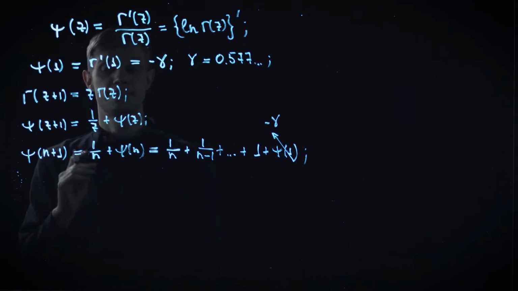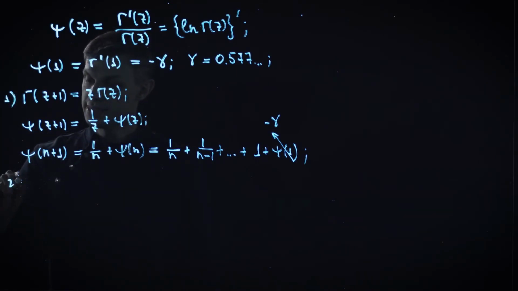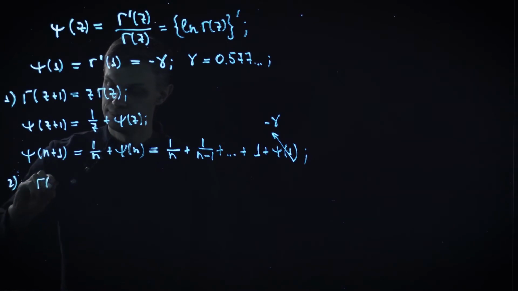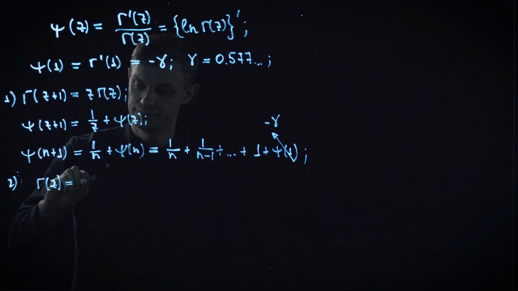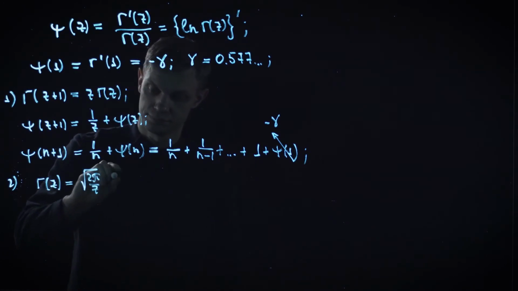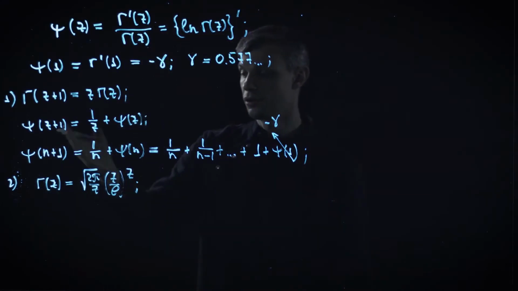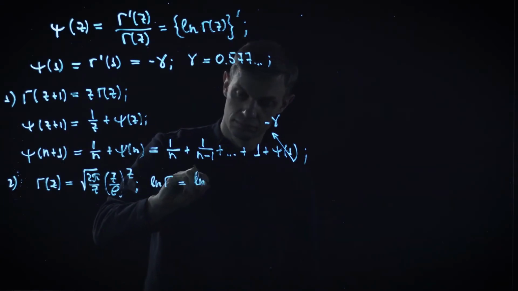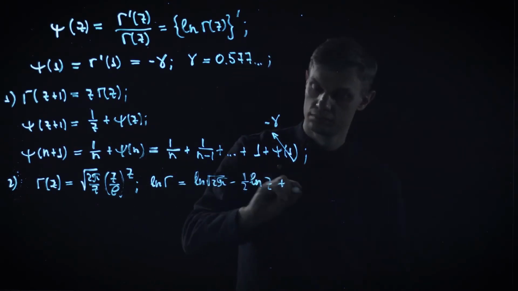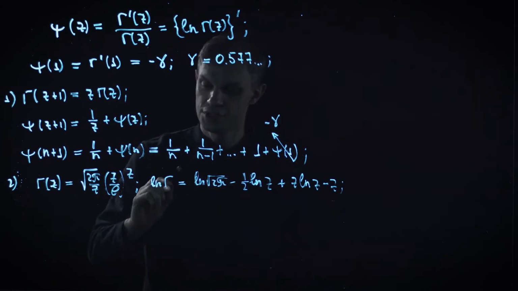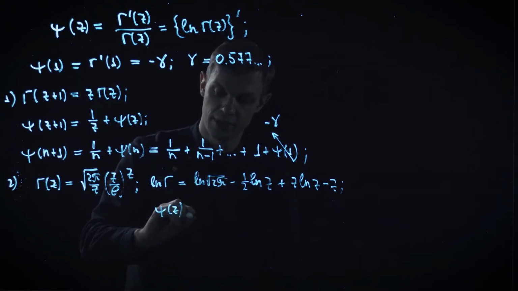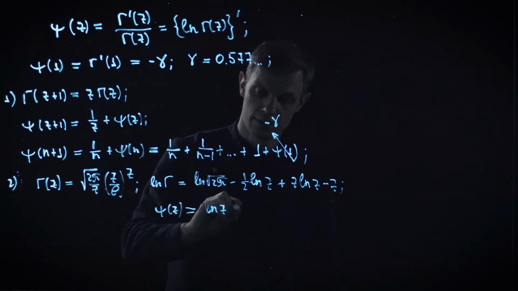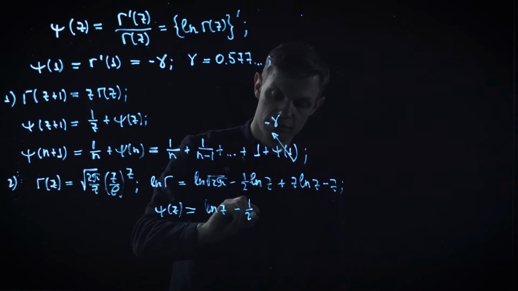Right. Now the second property, so this was the first one. The second is the asymptotic of the digamma function. So let's first recall the asymptotic of the gamma function, which is the Stirling formula. Take the logarithm of both parts and differentiate it with respect to z. So when we differentiate it, we get psi of z equals logarithm of z